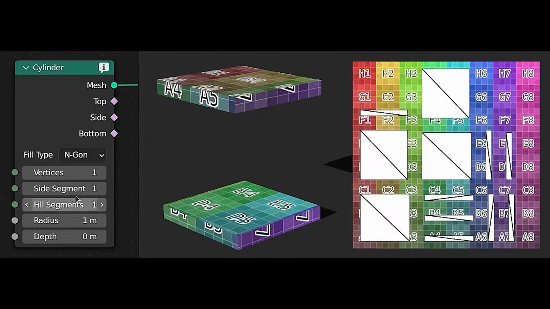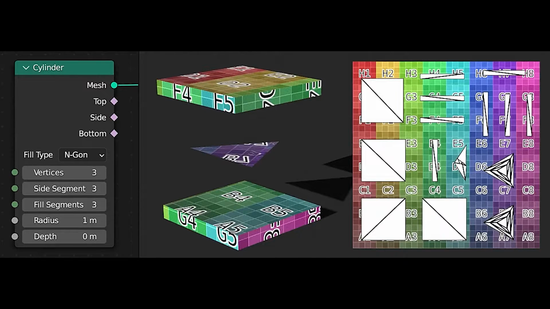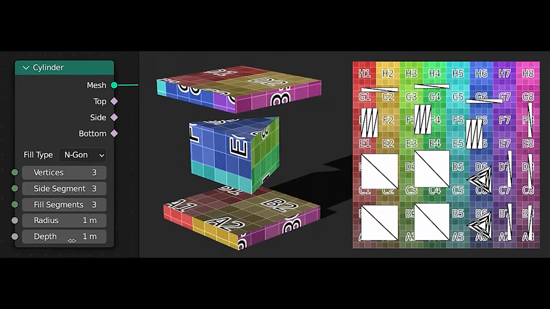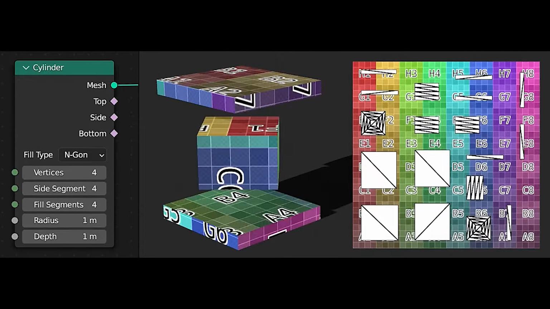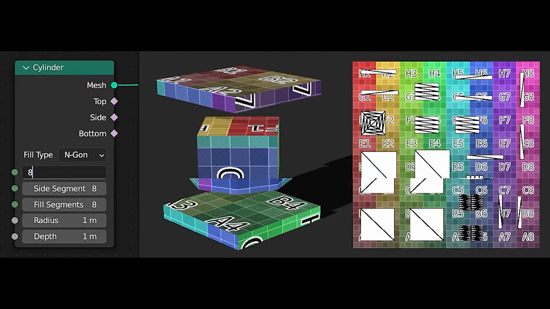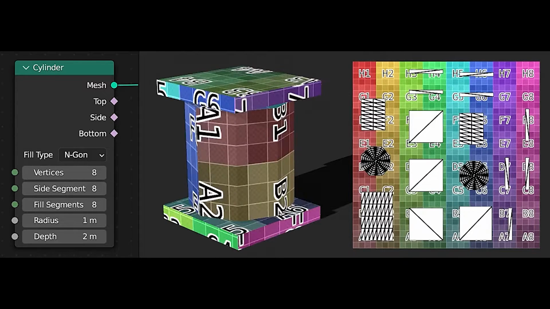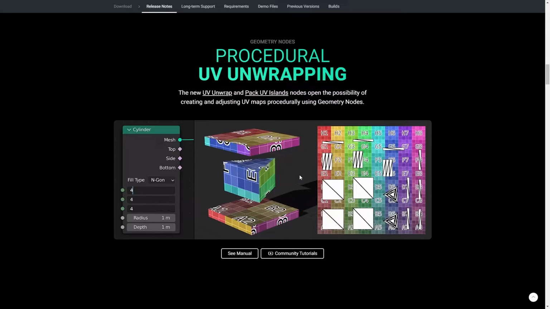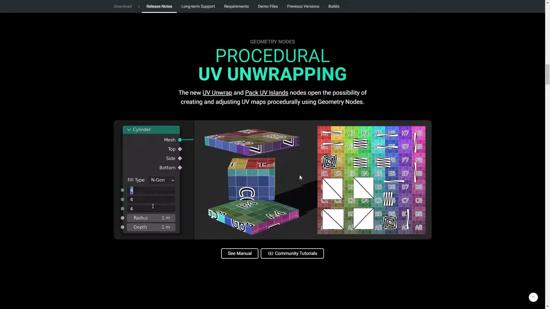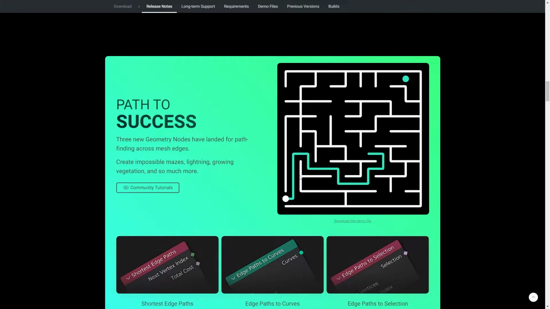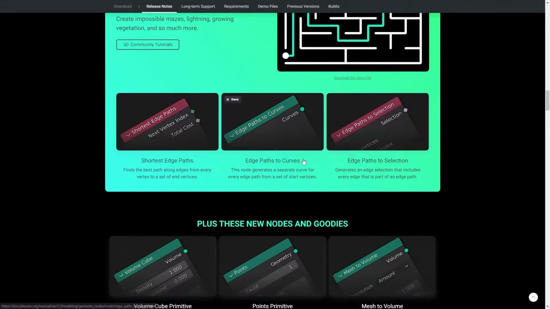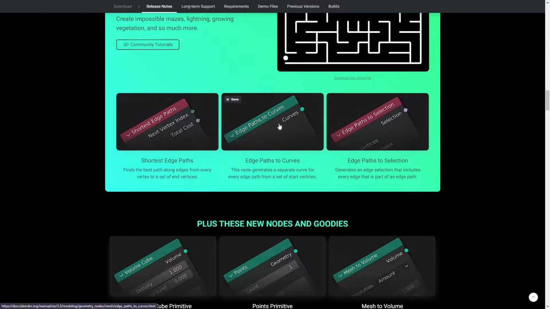The geometry node is also getting some cool updates like procedural UV unwrapping. New UV unwrapping and pack UV islands nodes open the possibility of creating and adjusting UV maps procedurally using geometry nodes. Also, developers added some new nodes to the geometry nodes like the shortest edge path to curve, and edge